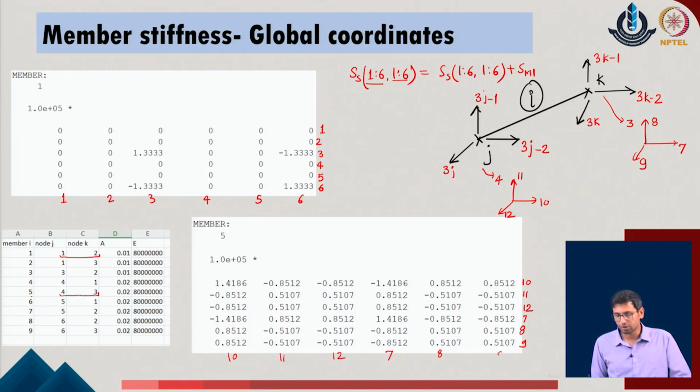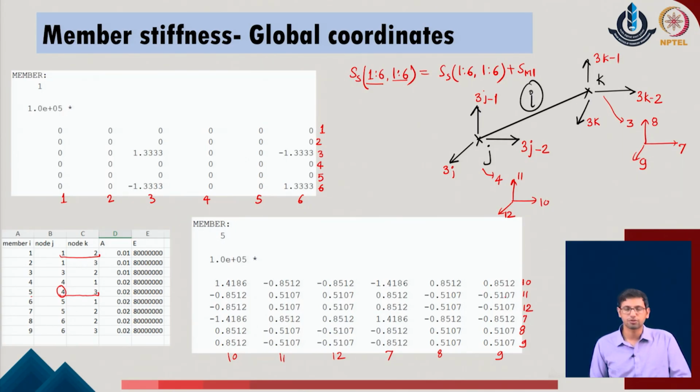So one should be careful in this case, because one should not go with the idea that 7, 8, 9 is to appear first, then you need to write 10, 11, 12. It is not this way. It is simply based upon the order of the nodes j and k of the given system. If the first node happens to be 4, which is scattering to the degrees of freedom 10, 11 and 12,